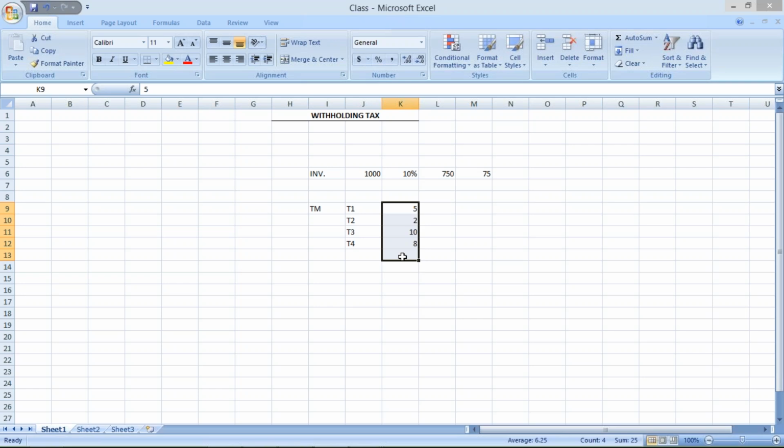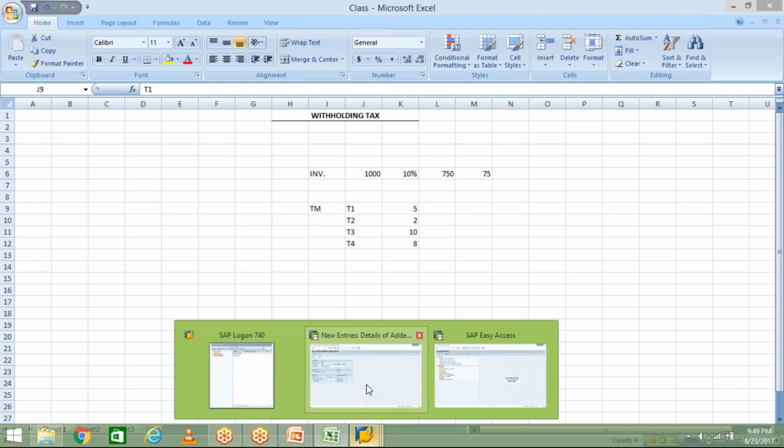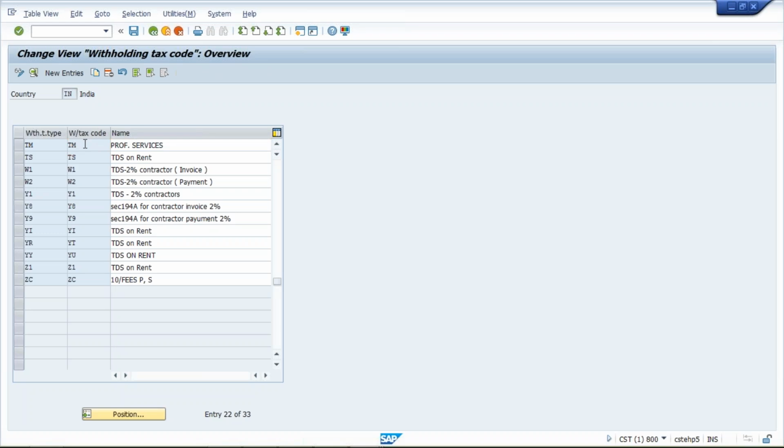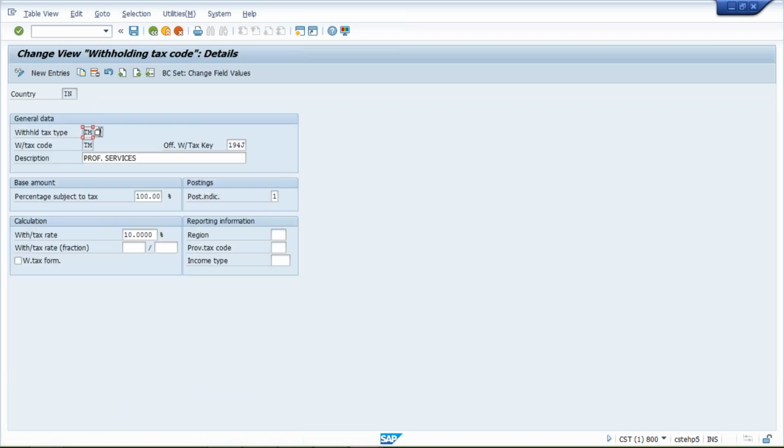Why? Because we have selected gross amount on the tax type. Whenever you create a tax code, you need to give your tax type. Double click: in tax type, we have given the criteria whether the calculation will happen on gross amount, net amount, whatever it is.